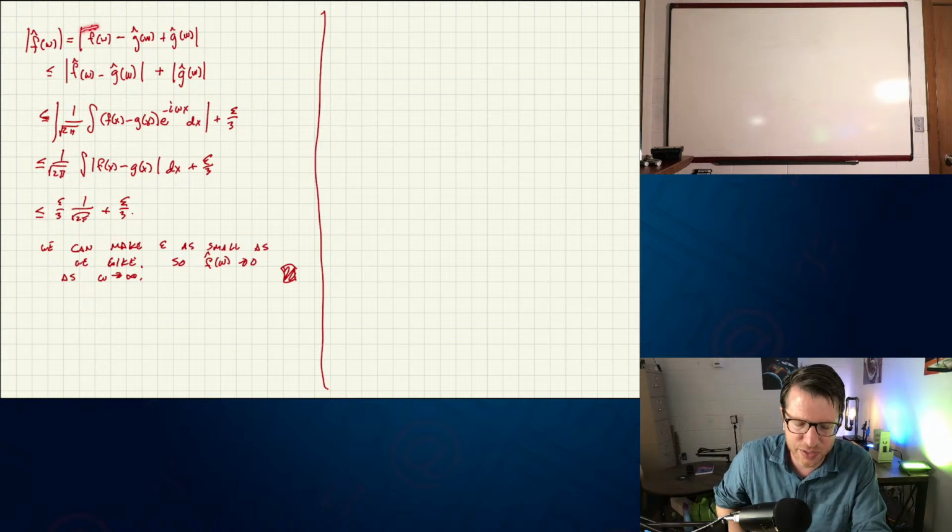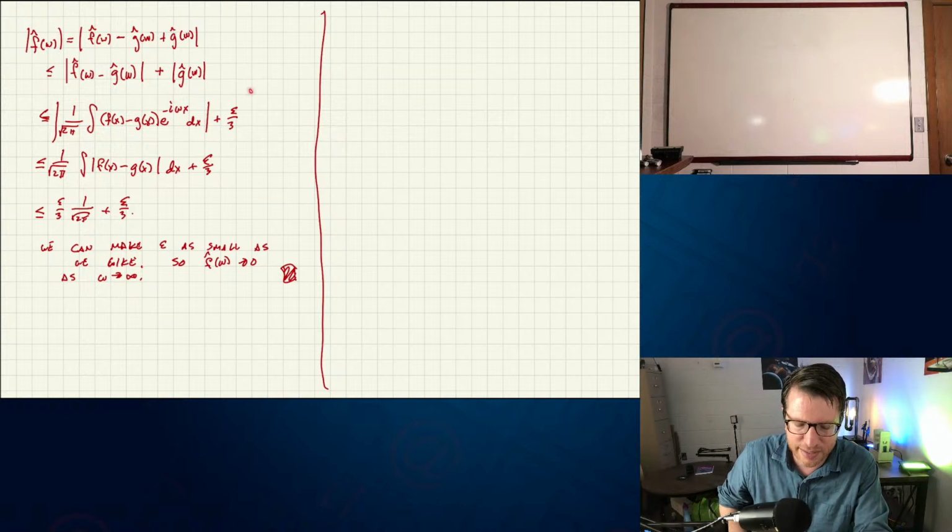And so then we use the triangle inequality here. We took the Fourier transform of f and subtracted g and added g, so we added 0. It's a really common trick in analysis if you haven't seen it before. Use the triangle inequality to get this, and this term we can show is very small just because when we bring in the absolute values inside of this integral, we get this. And this term here is going to be less than epsilon over 3 times 1 over square root of 2 pi.